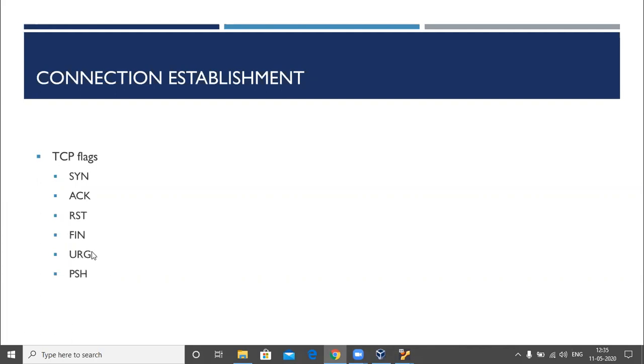And URG, who can tell me what is URG? Urgent flag. Yes, that's true. Can you tell me what it does? It probably says that if a particular data being transmitted is needed urgently, like you need specific data right now and you want that data to be sent first. Yes, that's very good. All your answers are actually correct, very close to the correct answers, or absolutely right.